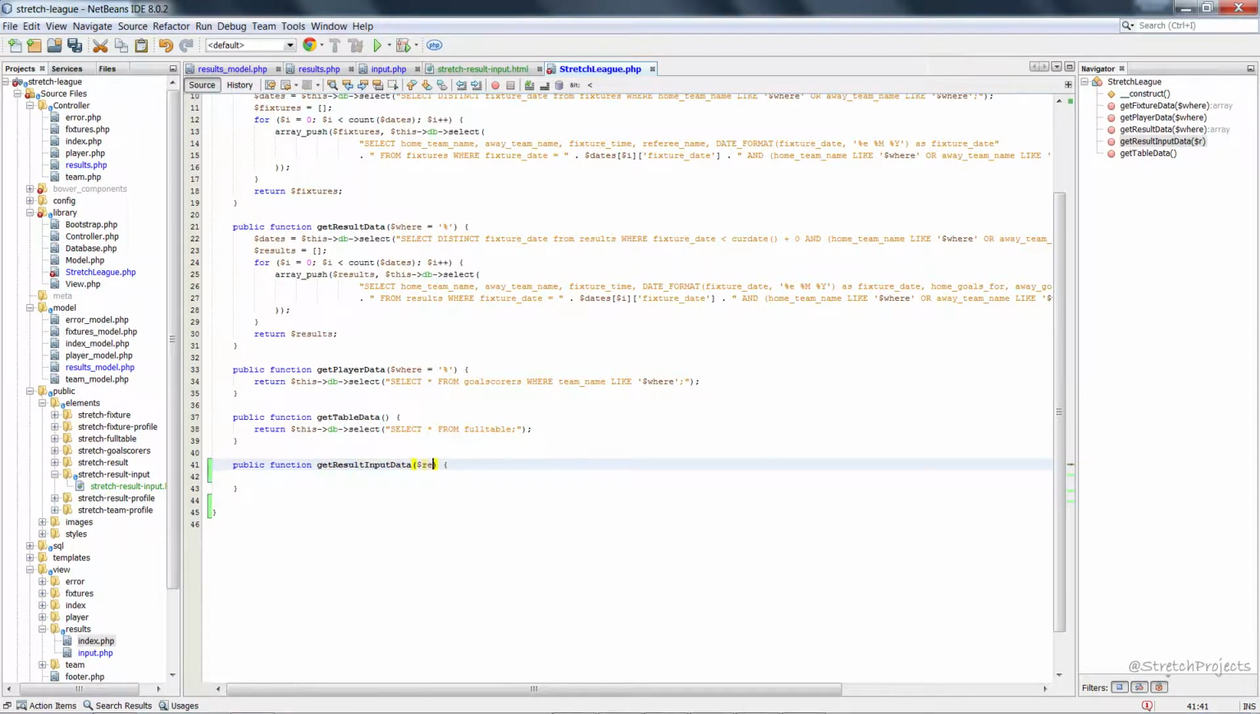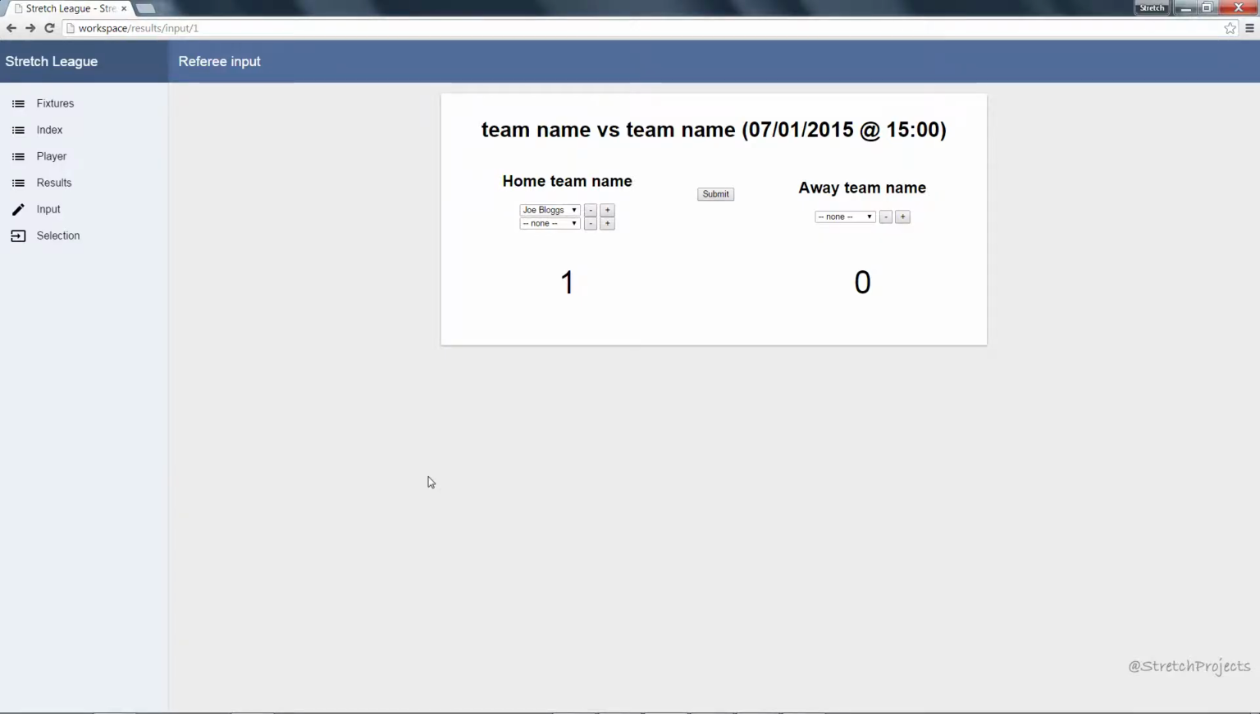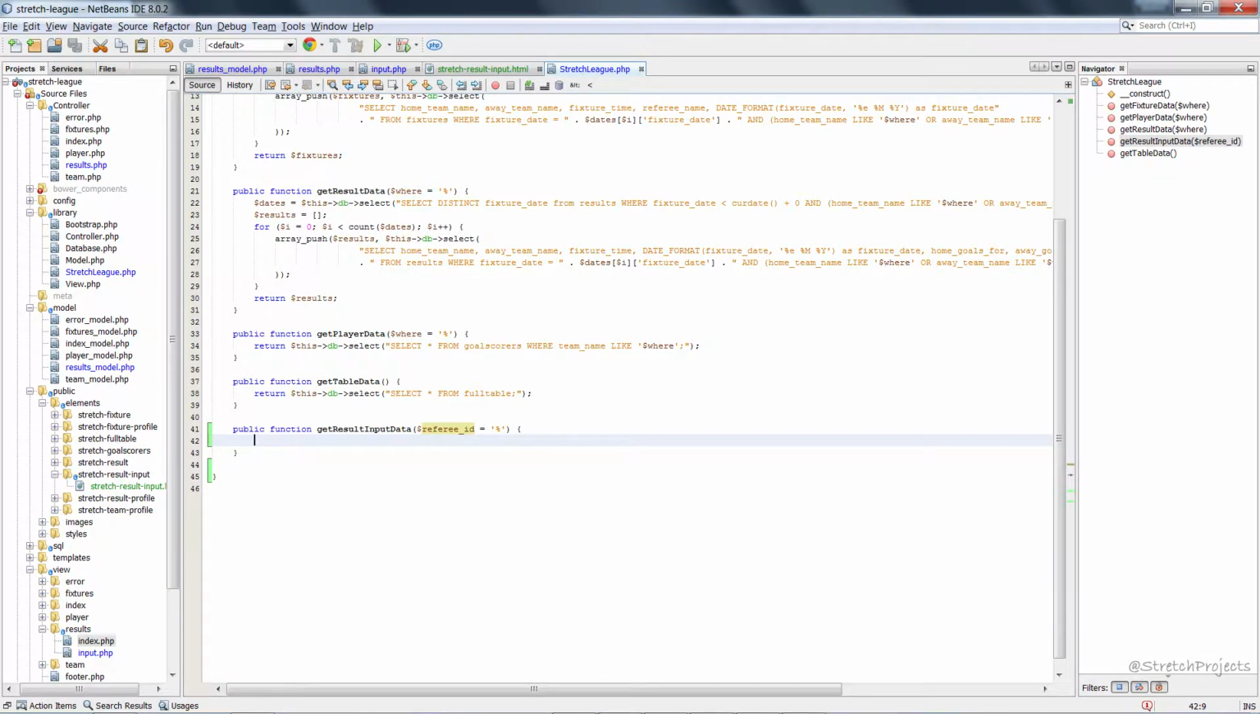It's this again going to take our referee ID, and this time we're going to set it just as a default to %, because this is going to be going into our SQL statement. So as I say, the first thing I want to do is get the data for this top section. We're not going to worry about the players yet, and so I'm just going to put all of the information into a results variable,